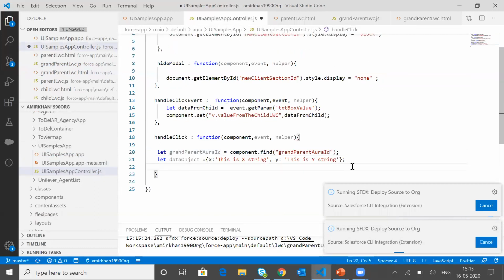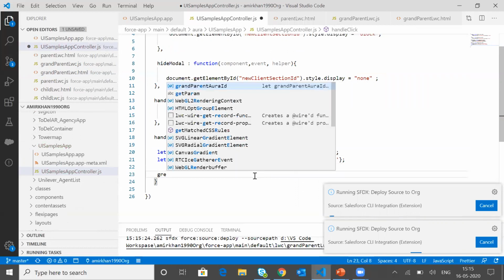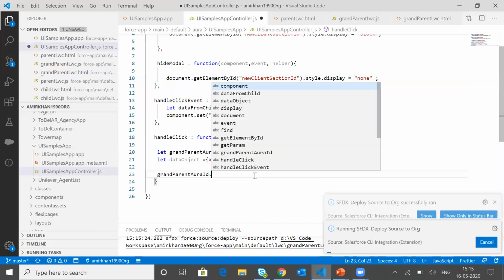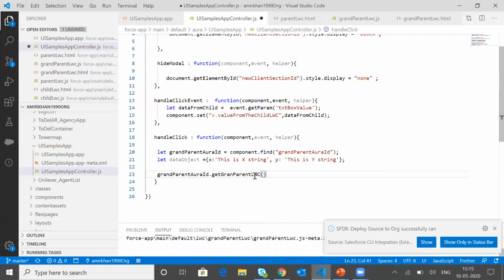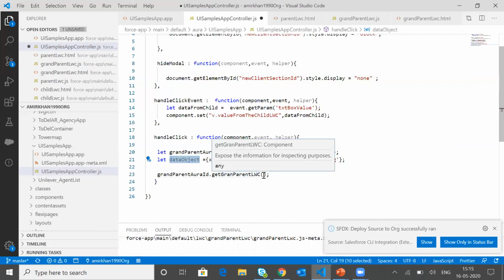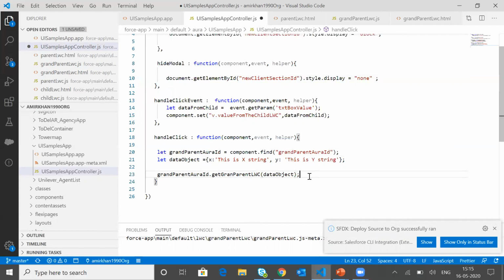And so on the instance of this particular LWC, the grandparent aura:id, we will have to call this particular method and pass the data. So the data is the data object. So copying this particular variable and adding it here.